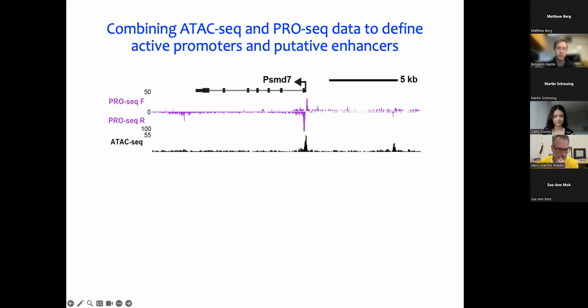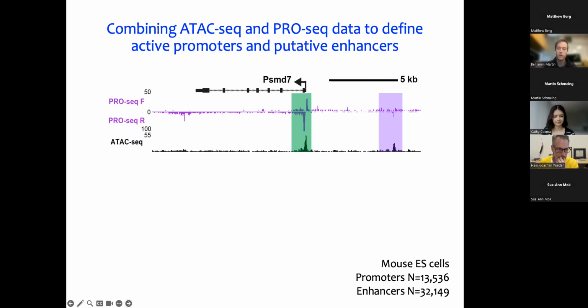Now, as a basis for our study, we use chromatin accessibility and nascent transcription to define active regulatory elements. And we did this using a fairly simple approach where peaks of PRO-seq signal that were near annotated genes were called promoters, shown here in green. And transcribed regions that were distal from any annotated promoters were considered putative enhancers, seen here in purple. And these loci were confirmed using ATAC-seq, so the sites for investigating are both accessible and transcriptionally active. And through this method, we identified over 13,000 active promoters and over 32,000 active enhancers in our mouse embryonic stem